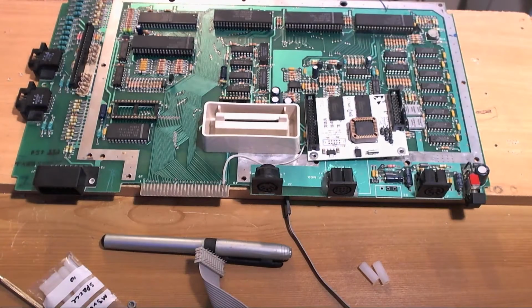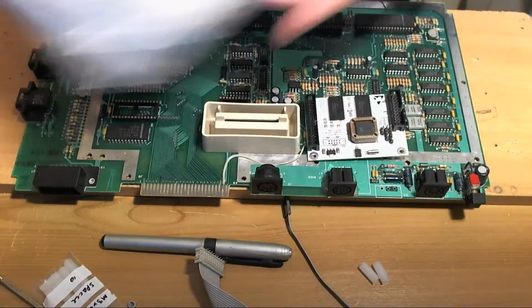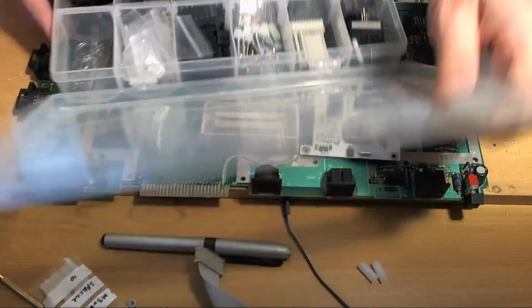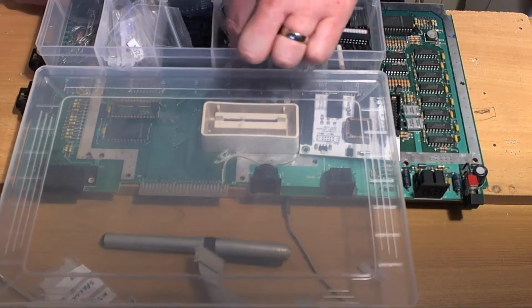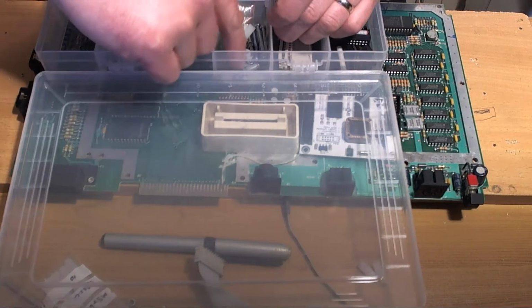So as I go over to my cupboard here with my wireless mic, that means I'm not tethered to the desk and I don't get strangled every time I stand up. Let's have a look at what we've got. My box of goodies. Well, what I'm looking for is a couple of washers, 2 washers,